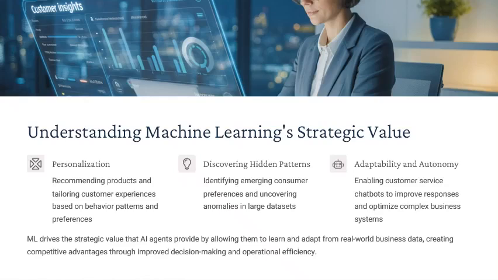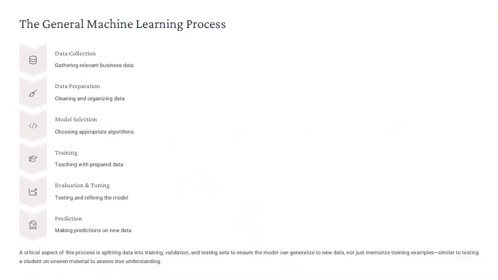The material lays out a general cycle that, when you look at it through a business lens, makes a lot of sense, actually. It kind of mirrors steps you might take in developing any complex business strategy or model. Right. So it typically starts with data collection. Pretty straightforward. Gathering all the relevant info, the raw material. Exactly. If you're building an agent to predict sales, this is your sales teams, your CRM systems, just collecting every transaction detail, every interaction. That's the input. Then comes data preparation or pre-processing.